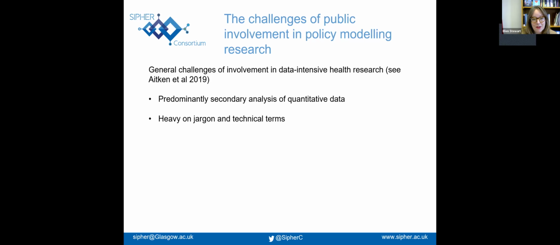Relatedly, a lot of modelling research is essentially maths, and numerical descriptions of phenomena have lots of value, but what they don't tend to be is tremendously engaging or accessible. So modelling research can be heavy on jargon, technical terms. I sit in entire meetings full of people discussing acronyms like SF12, having deep conversations about the meaning of these acronyms. And so that can make it really challenging when you then want to bring publics into engaging with that